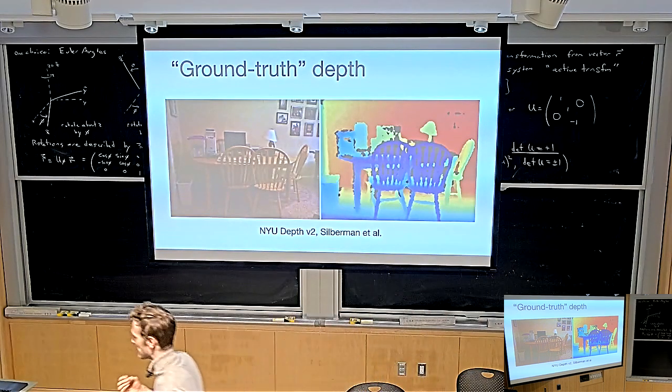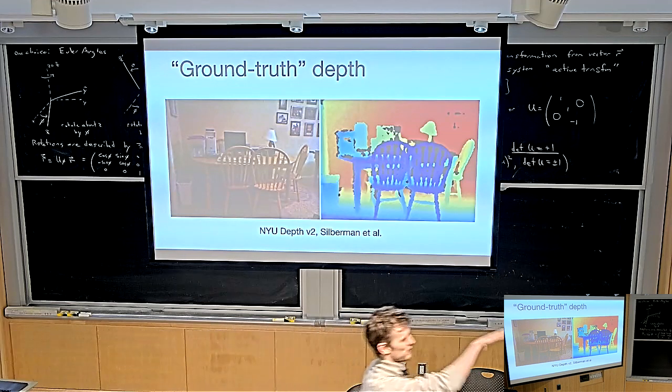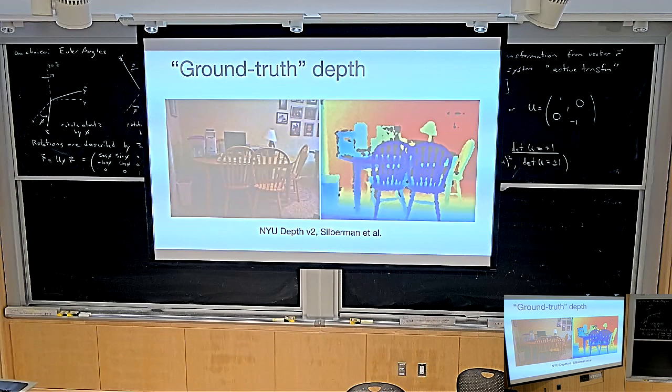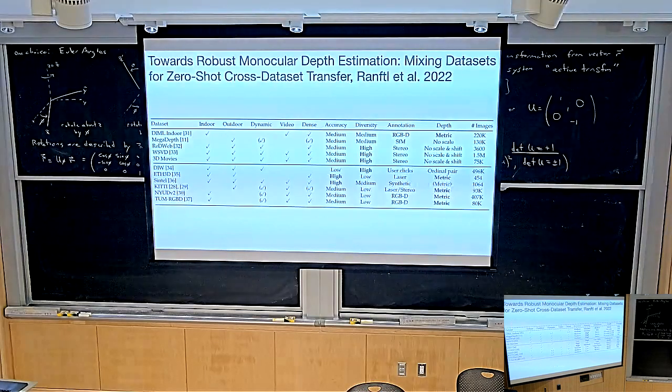The first catch is that you can call this ground truth depth, but in reality, of course, the depth doesn't look very much ground truth at all. If you use any of these depth sensors, this is what the depth maps look like. You can see there's lots of holes. The black stuff is just holes in the depth map. The depth map is rather noisy. The boundaries aren't clear. So the first limitation of these monocular depth estimation networks is that the ground truth data isn't that good in the first place. And this is something that people have struggled with.